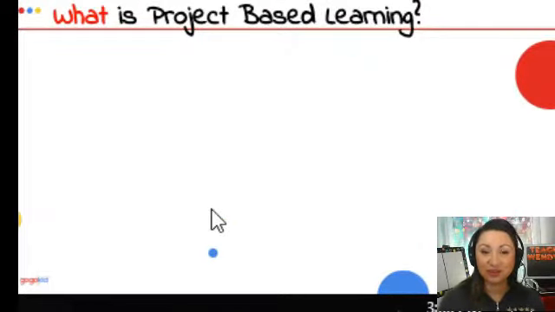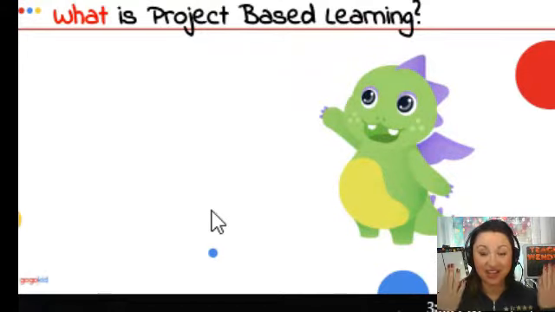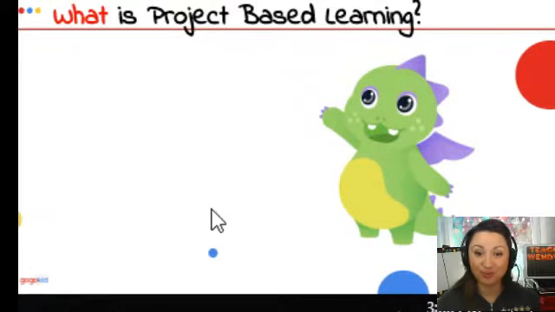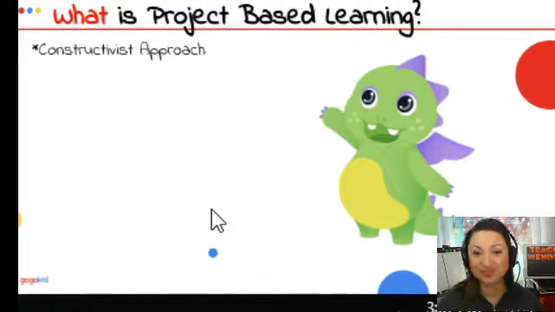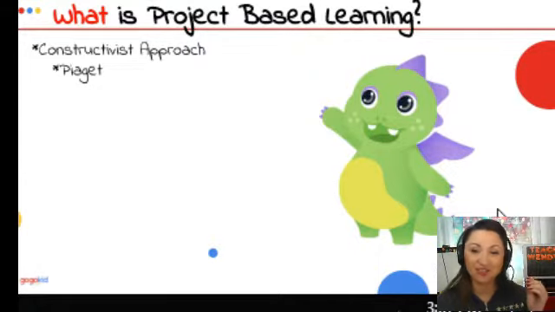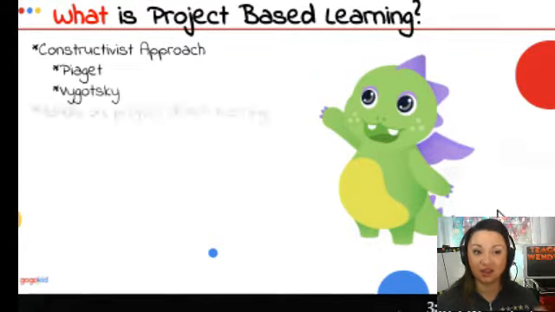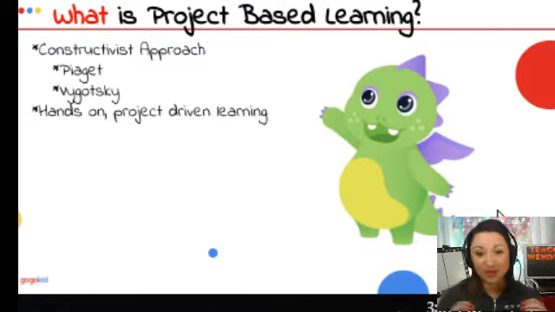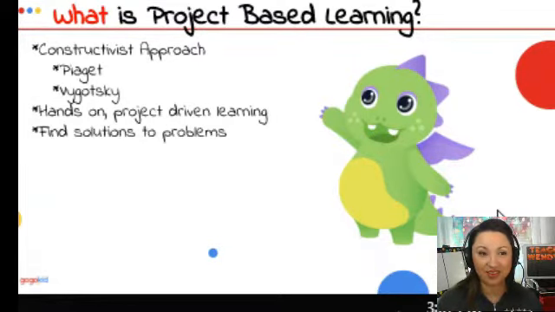All right, let's talk for a minute about project-based learning. Why are we doing these projects? It's very simple, it's very important. Let's take it back to our college days, those of you that have an educational background. Remember what we learned about the constructivist approach with Piaget and Vygotsky. Basically what they taught us was that hands-on, project-driven learning, if the child is doing, they learn better. So it's very important that they are able to have opportunities to find